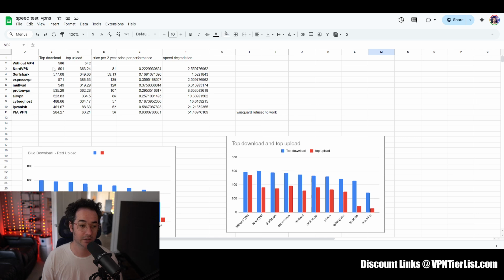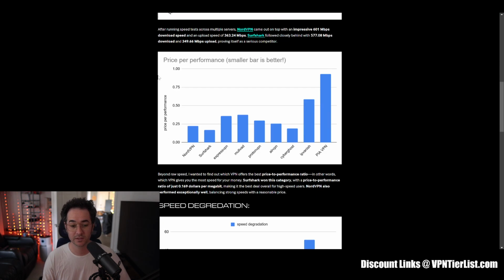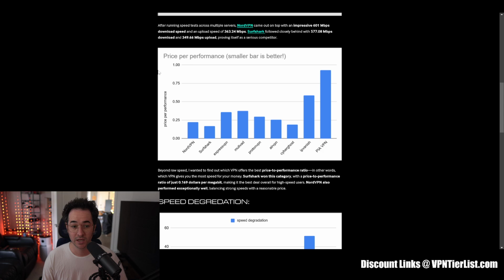So what I did is a calculation there. I analyzed the 2-year plan for these VPNs and then combined it with the speed and did the calculation to see the performance of each one. So let's go ahead and go to my article I made about this test, and we can see the price